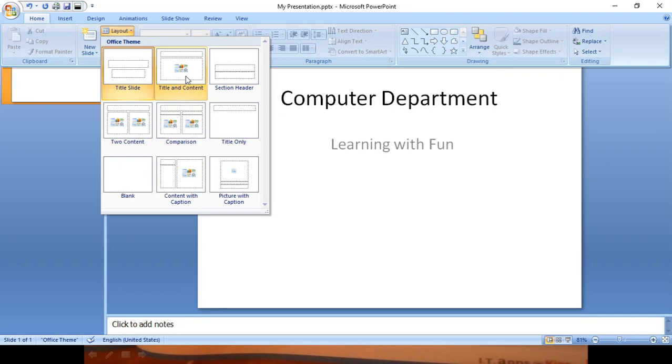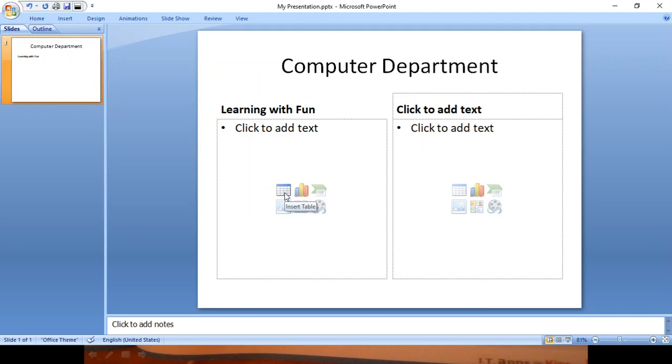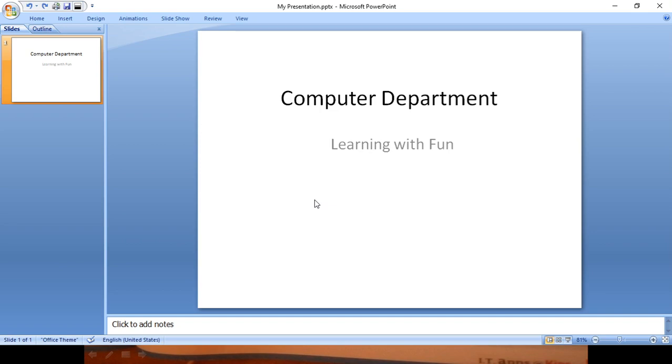Okay, see here, it is table, chart. If you want to enter graphics, images, in this placeholder you can do that. I'm pressing Ctrl Z because I don't need this layout, right? Ctrl Z, undo. Remember undo, Ctrl Z.